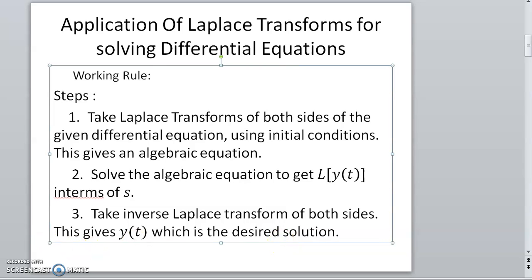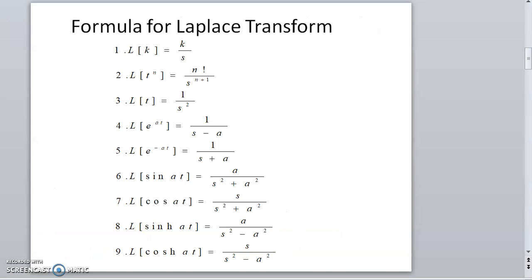There are many formulas and results that are very useful to solve ordinary linear differential equations by using Laplace transform techniques. Already we know the formulas for the Laplace transform and inverse Laplace transform of some elementary functions, which have been listed in the following.